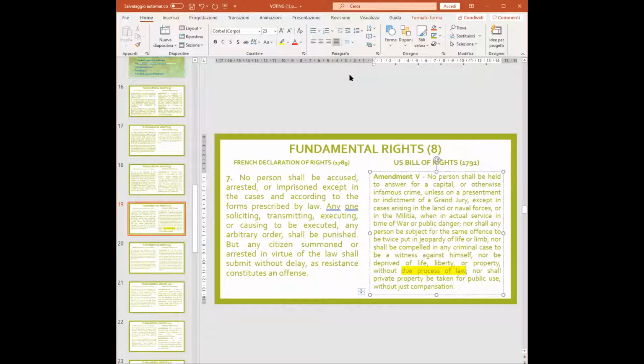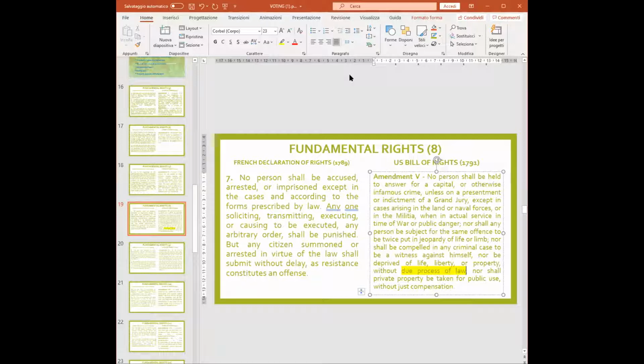So there's a bifurcation. We are talking of the same things, protection of the individual against abuse of power by the authorities, but while on the European continent, France and the European continent, we feel that it is Parliament that must protect us, in the US, due process of law means that the courts are there to protect individuals against abuses of power of the police and the authorities. So the value which is protected is always the same, individual liberty, but there are two different means by which